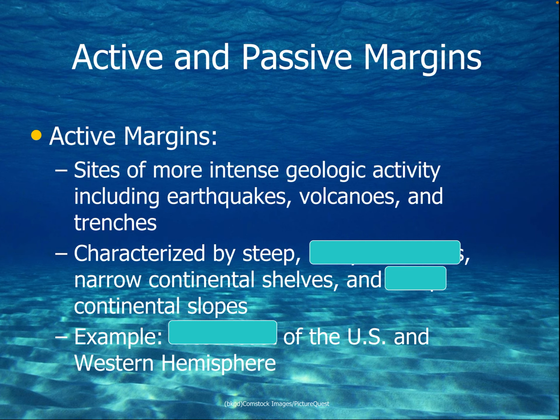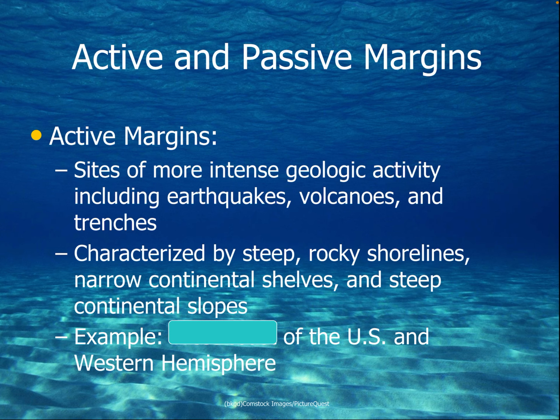Okay, before we get to the bottom of the ocean, the very bottom, let's talk about active and passive margins. Coasts that have geological activity, like earthquakes, volcanoes, and trenches, are what we call active margins, and they typically have steep rocky shorelines. Their continental shelves don't extend very far, and they have steep continental slopes. So an example would be the west coast of the United States, California, Washington, Oregon. All of those are part of the west coast, and that is what we call an active margin. There's geological activity, rocky shores,